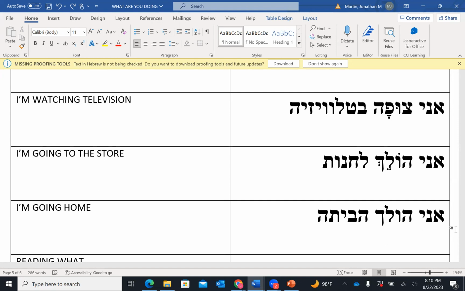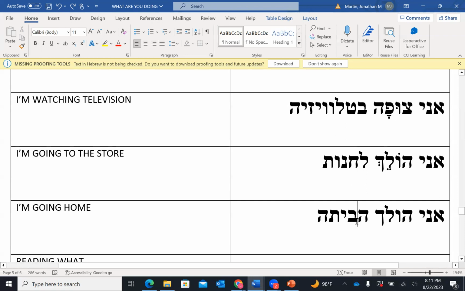It's very important that you are able to recognize words with and without the nikud, because one of y'all asked me one time, well, how do you know how to pronounce it without the nikud? You just got to get used to the words. You just got to see the word with nikud a bunch of times, and then one day you'll notice, oh, I know that word even without the nikud. I know it. So I'm just trying to wean you off the nikud.